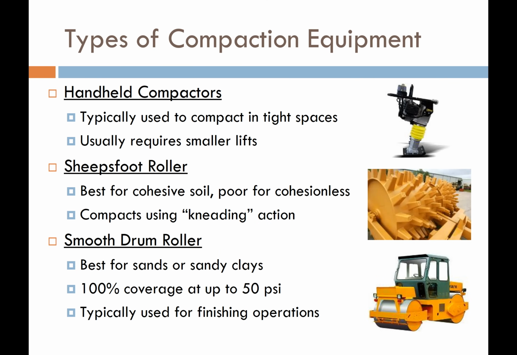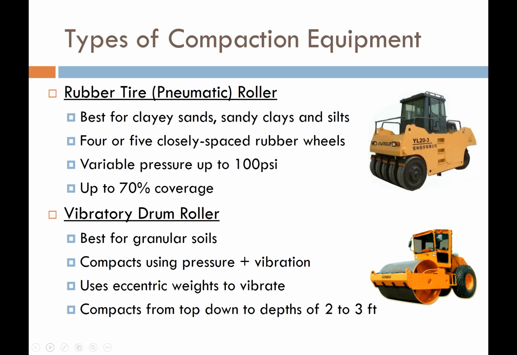So here are a couple of pictures and some very brief descriptions of some different types of compaction equipment. Everything from handheld compactors that get in tight spaces, to sheep's foot rollers that are good for cohesive soil but not very good for cohesionless soils. Smooth drum rollers, which are great for finish passes and sands or sandy clays. Rubber tire rollers, which can apply a lot of pressure to a little area but don't have very good coverage,